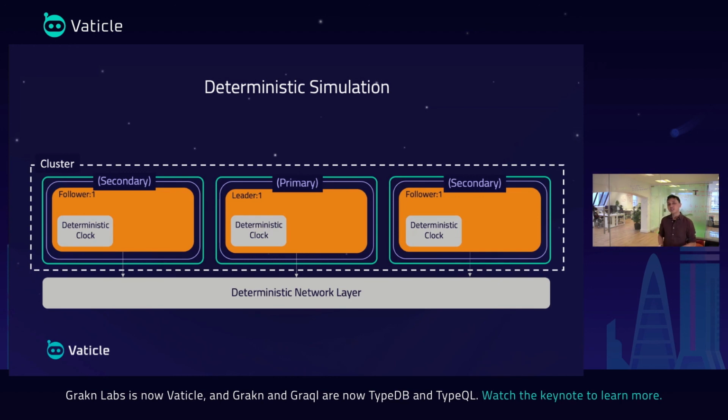For example, we replace a network layer with a deterministic network layer, which allows you to model and simulate different kinds of failure in a deterministic way, as well as replacing the clock that is used in several components in the implementation, such as for performing leader election and sending heartbeat, with a deterministic one. So what results from this is a very productive framework for us to model and to run the test